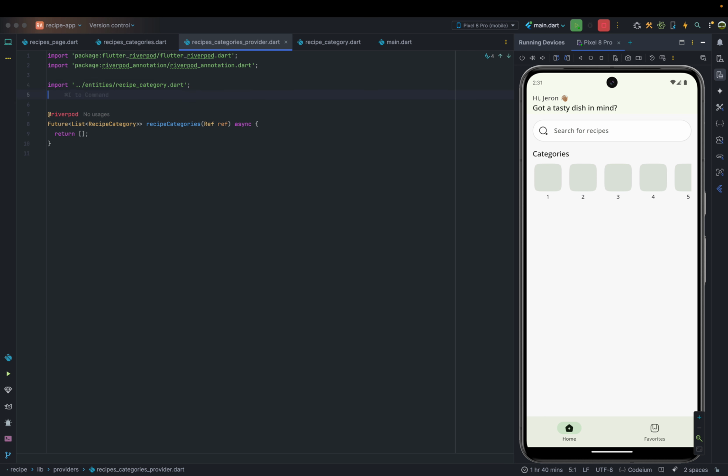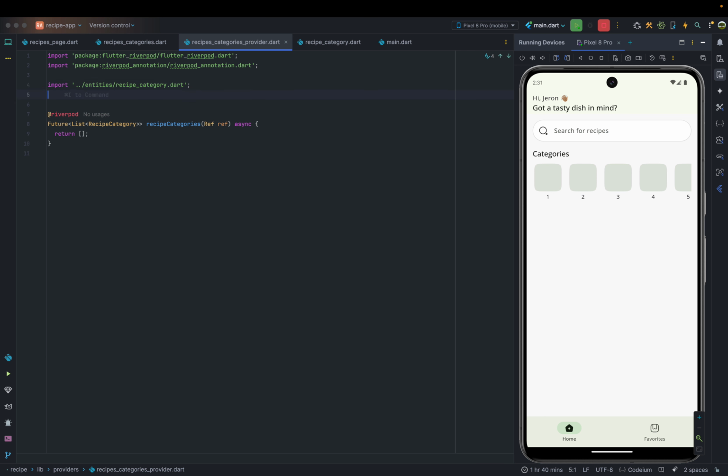What we need to do is we need to call our API and then return the response. So I'm going to create a variable to hold the response of our API call. So I'm going to call it maybe final response, and then I'm going to set it to await dio, and dio refers to a variable we created. That's why I'm calling it by dio, which already has this base API endpoint. So dio, and then we want to do dio.get,